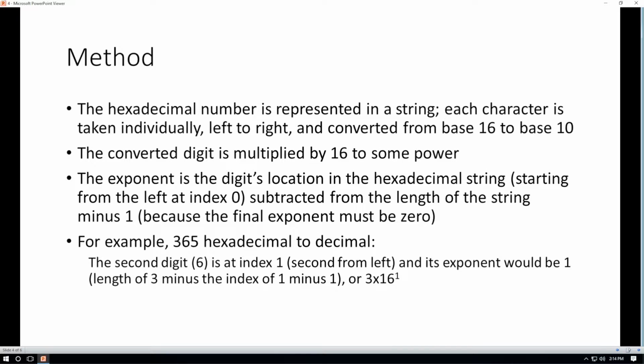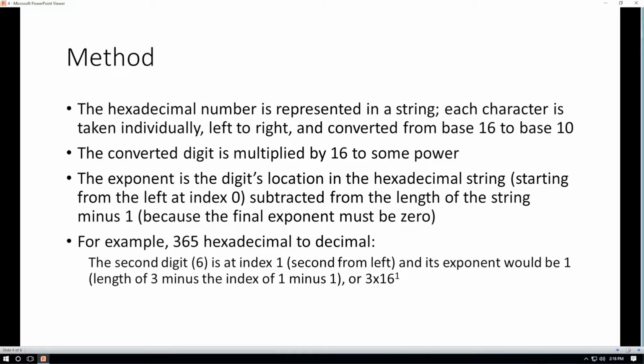What we will do is take the leftmost hexadecimal digit and determine its exponent, convert that digit from hexadecimal to decimal, multiply it by 16 to the power of that exponent, and then add that to a variable that is keeping the sum of all the terms. My example at the bottom says 365 hexadecimal. So for example, 365 hexadecimal to decimal, we would take the length of the string representing the hexadecimal number, in